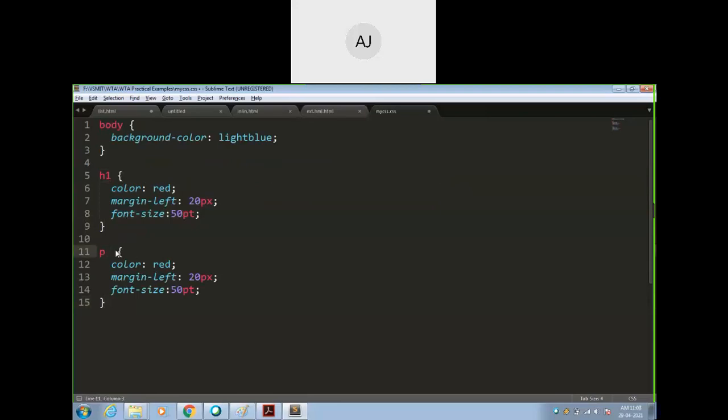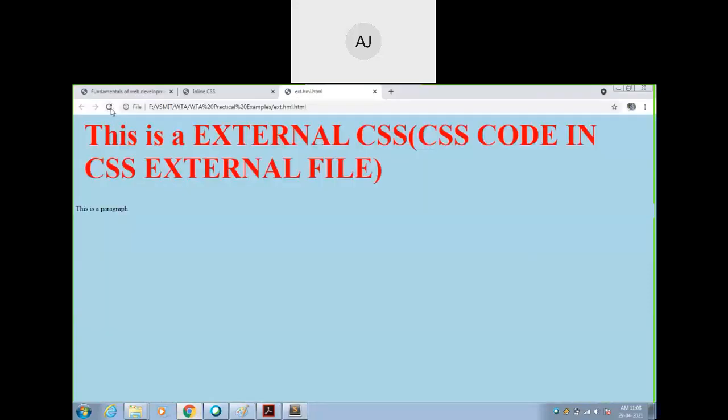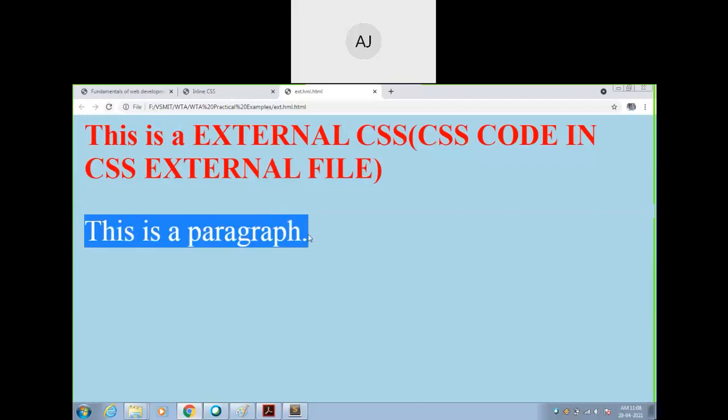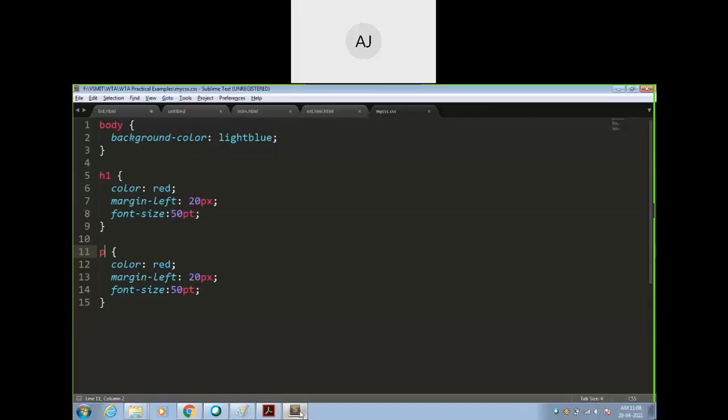Are you getting what exactly the error was? Why it was not displaying? So I will refresh, it will change here. Now see, this paragraph will also change now. Yes, it has changed, no. So this is the use of this external CSS, because see in the CSS file what are the changes I have done. Body I have done, h1 I have done, then p paragraph tag I have done, and all values are overwritten.